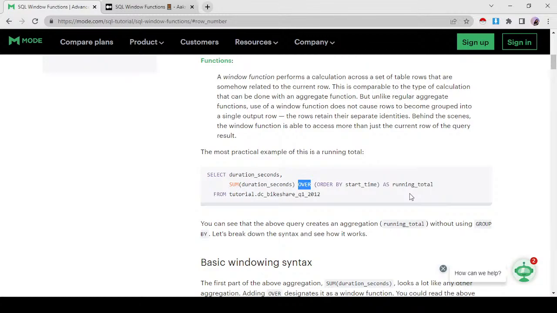How this was defined as a window function is, we performed our operation, that is we wanted to get the sum of duration which is in seconds. And how did we get it? So we got it by